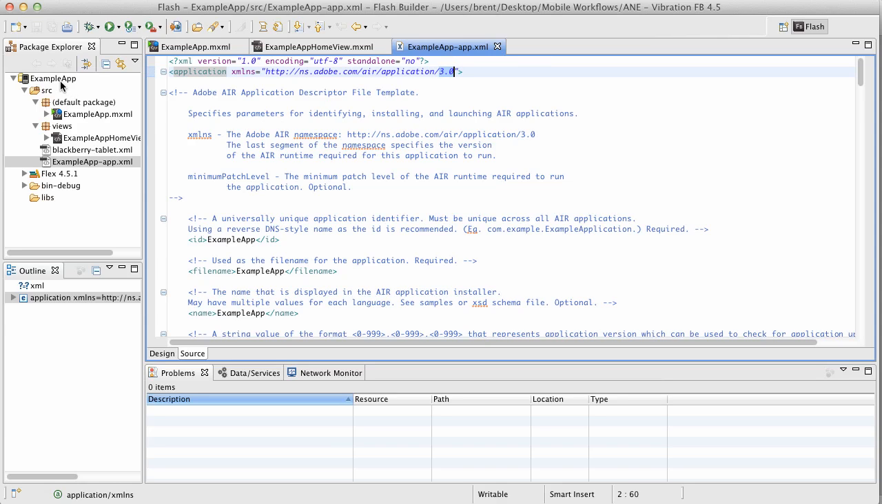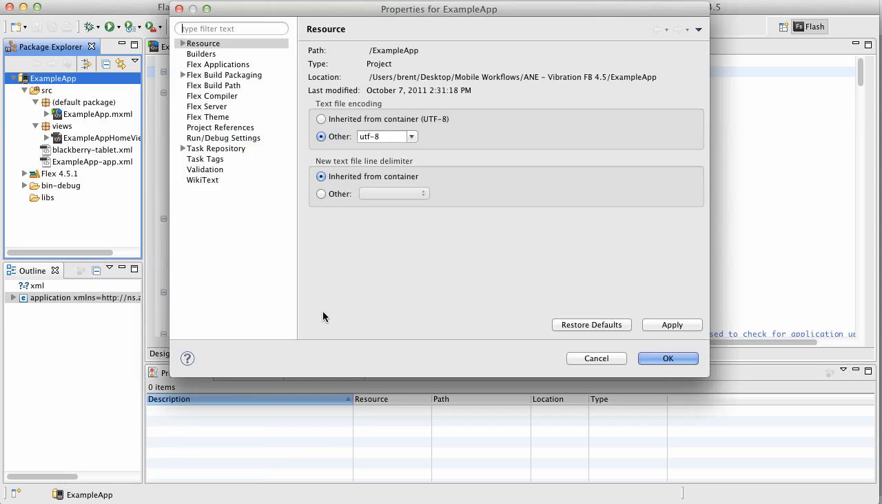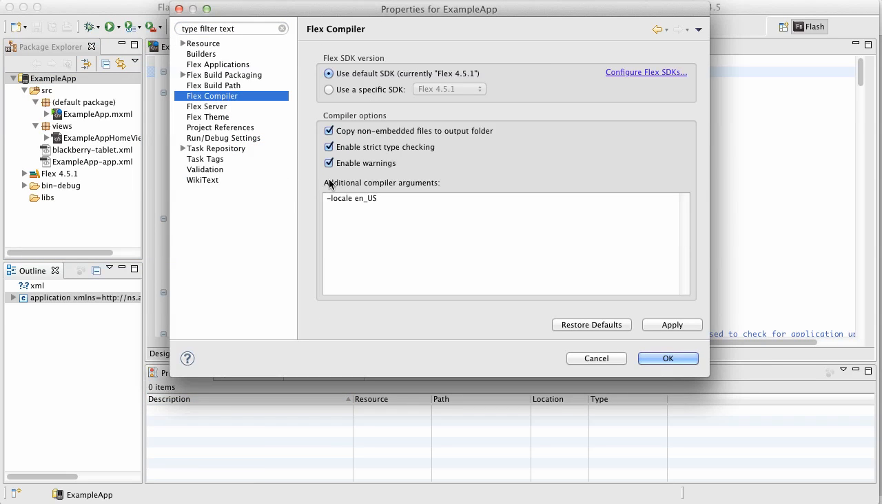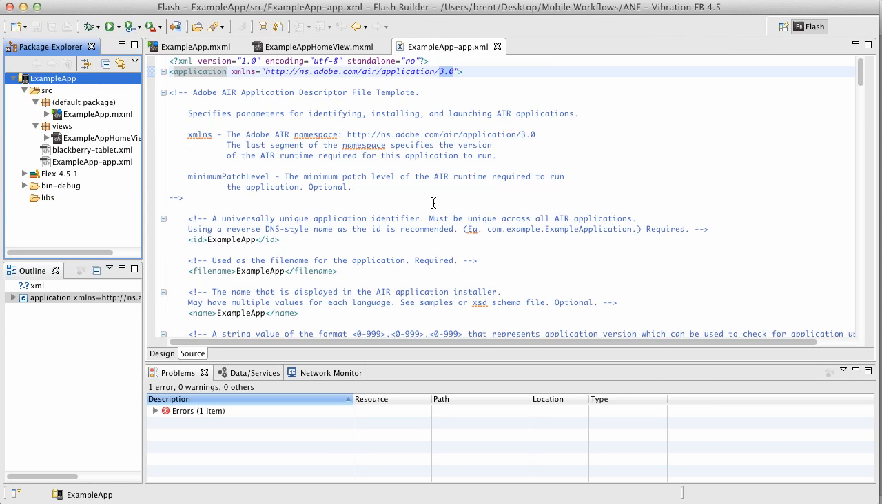The other thing you need to change is in the project, right click here, go to properties. Under compiler, you need to add a compiler argument. You're going to say SWF-version and then a space 13. Okay? Click OK. Now, what that means is the compiler is going to now target